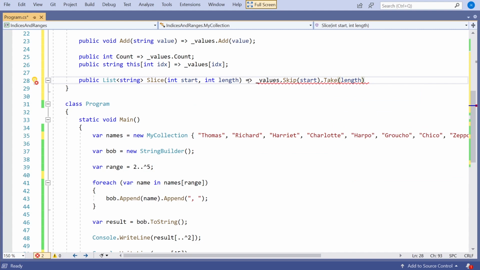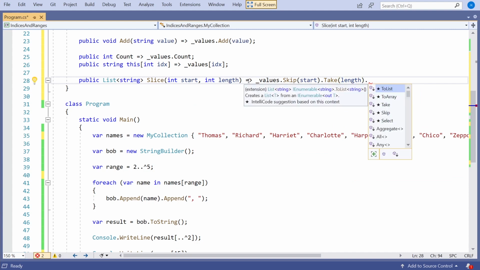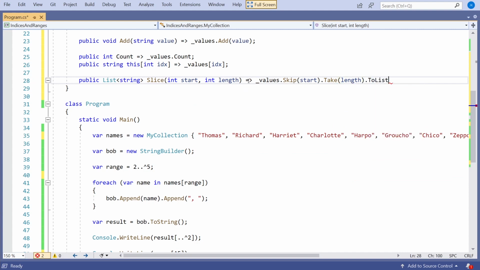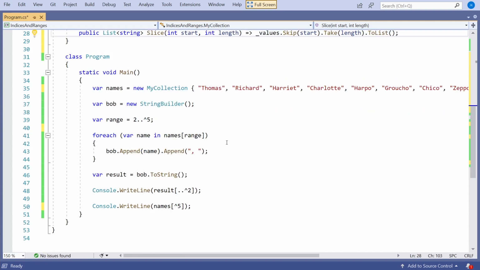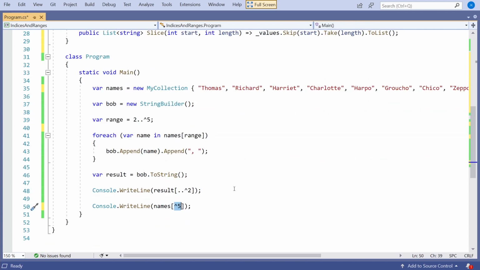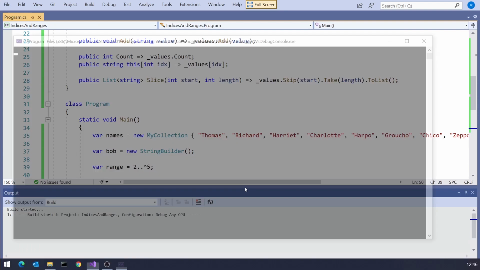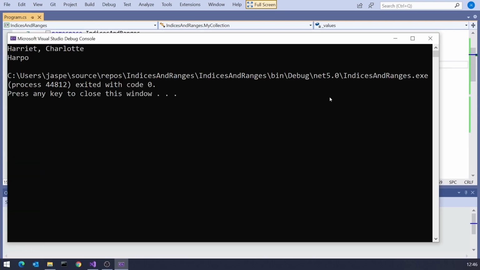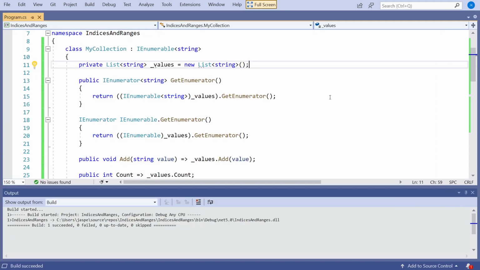And then all we've got to remember to do is turn that back into a list, so dot ToList. And now you can see that that is perfectly happy. It's got the square brackets, the indexer that will take a range and that will take an index. And if we run that up, we'll see we're getting the correct results. We've got the Harriet, Charlotte, and everything's working fine.